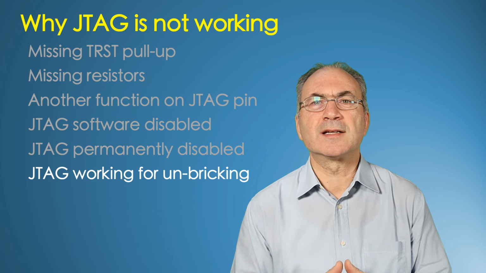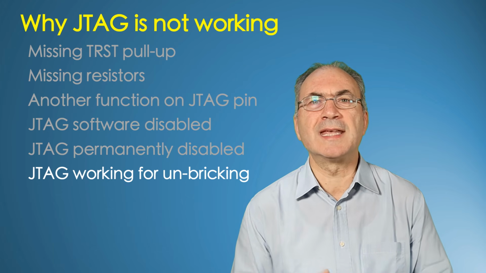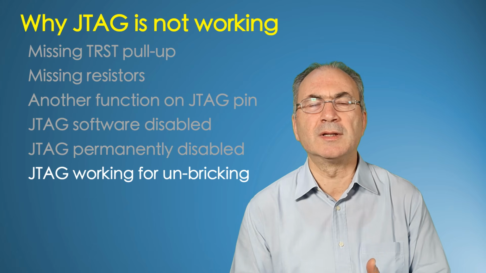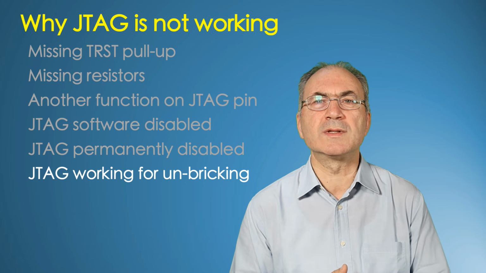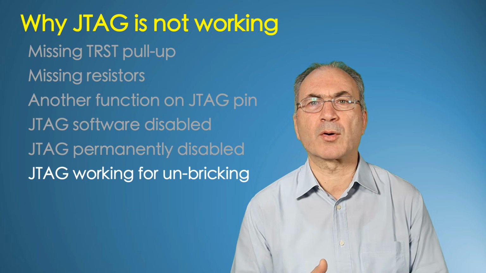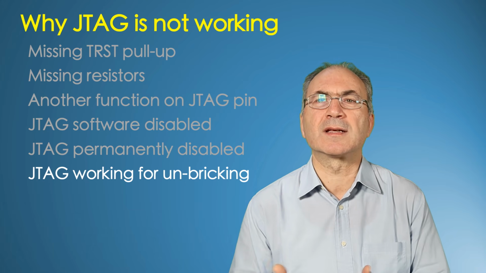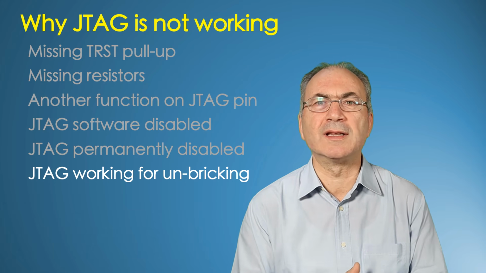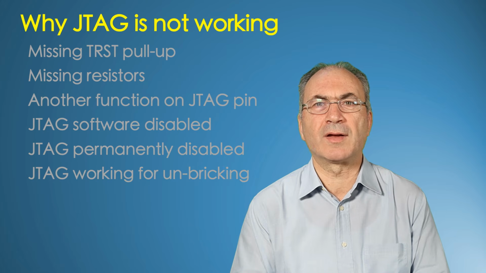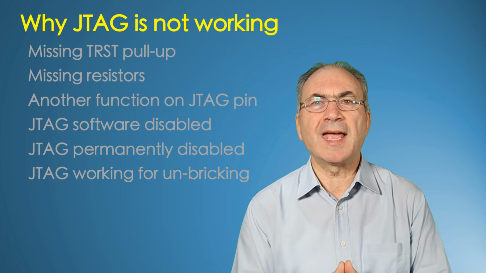In these cases, no instruction has been executed yet on the system-on-a-chip to disable the JTAG pins, and they are available to be used to restore the content of the EEPROM and to unbrick the device. For this reason, for many devices we can find documentation on the internet on their JTAG interface. We can use their JTAG interface to unbrick the device, but when the device is functioning normally, the JTAG interface